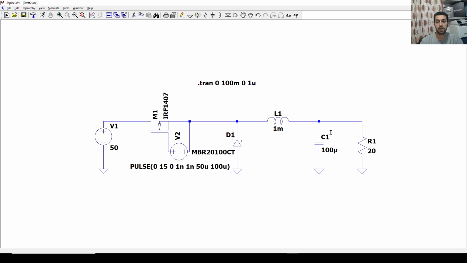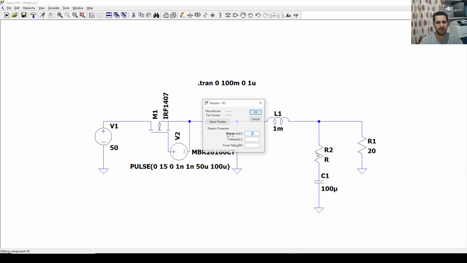Now with the same circuit, I want to see the impact of the parasitics on the output signal. Maybe the capacitor parasitic has lots of impact. I can't actually simulate the saturation of the inductor in LTSpice. So I will now add parasitic components for the capacitor, first resistive and then followed by inductive. This is called ESR, equivalent series resistance, and I will choose it to be 500 milliohm, okay? And now let's run it and see the